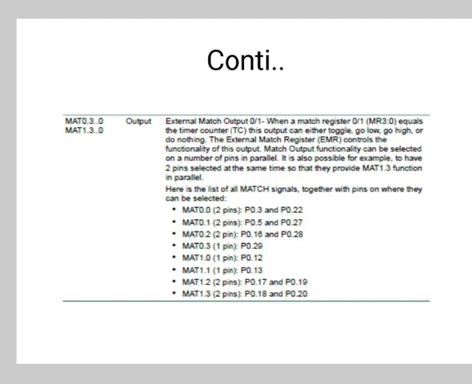MAT 0.3 has 1 pin, P0.29. MAT 1.0 has 1 pin, P0.12. MAT 1.1 has 1 pin, P0.13, and MAT 1.2 has 2 pins, P0.17 and P0.19. MAT 1.3 has 2 pins, P0.18 and P0.20.